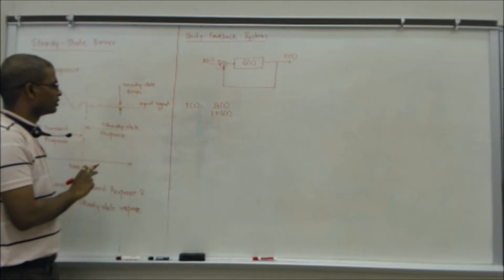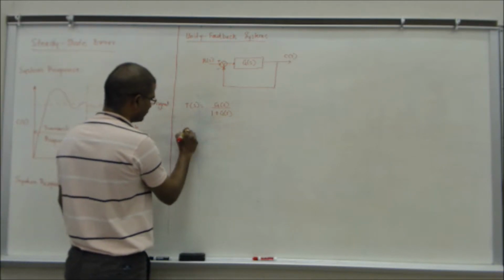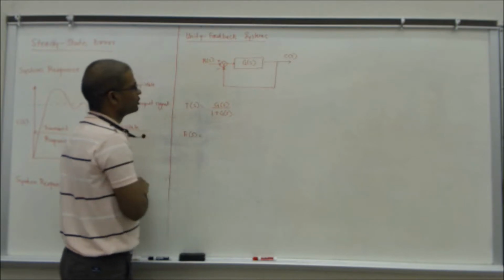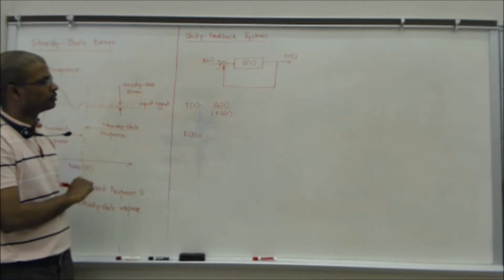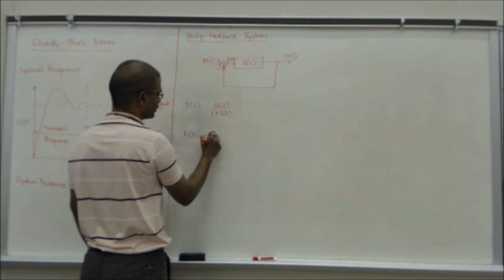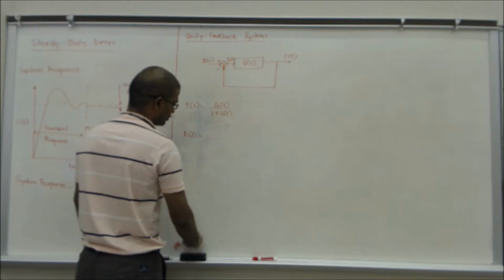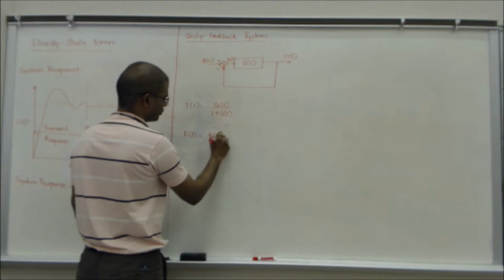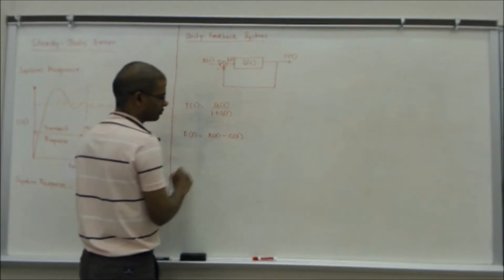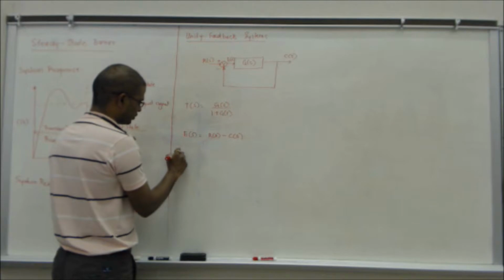If you look at this, can you apply this concept to this figure? What is the error signal? And we have talked about this error signal in the past. Where is this error signal? Right after the summing junction. So this is your error signal, right? So error signal is essentially R of S minus C of S. And so your steady state error